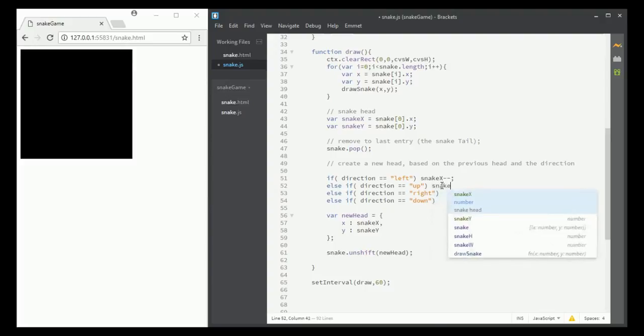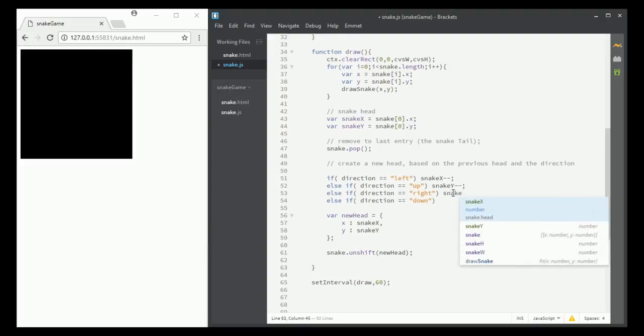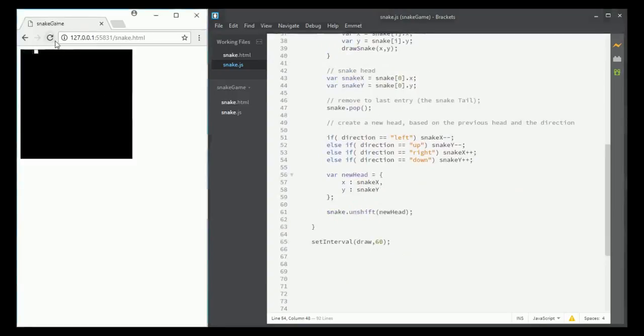But if it was up, then we say snake y, not x, snake y minus minus, and then snake x plus plus, and snake y plus plus, because we always go from the top to the bottom and from the left to the right. Now I have to set the default direction,